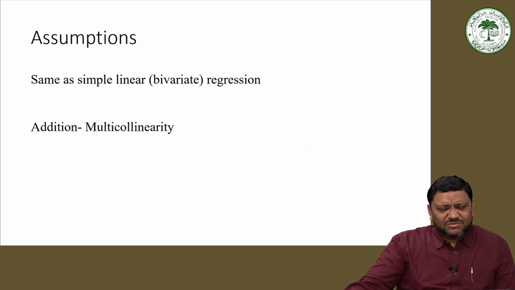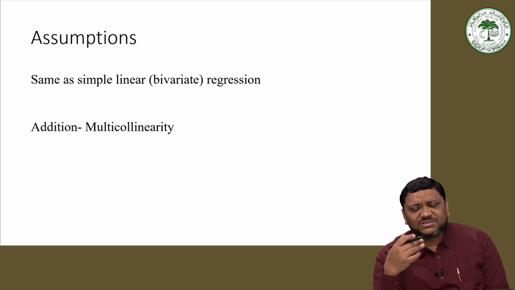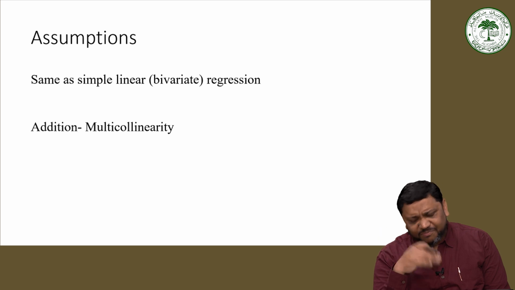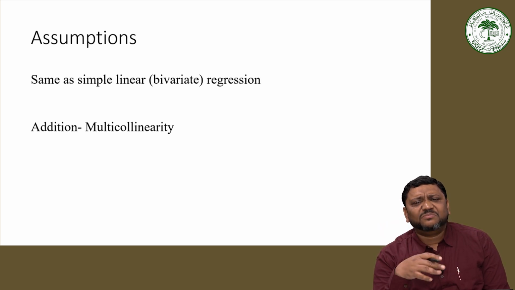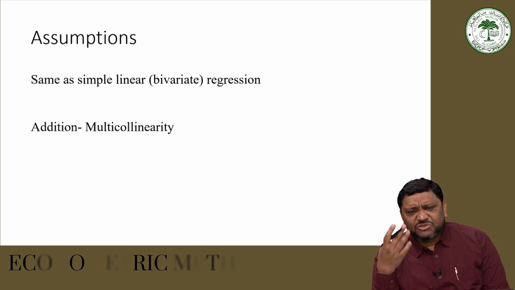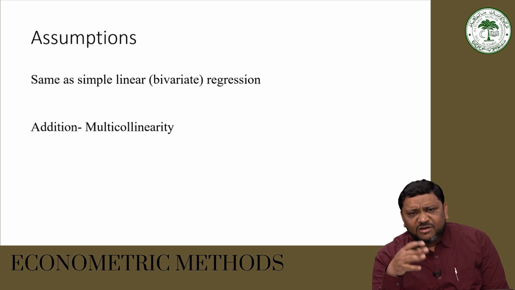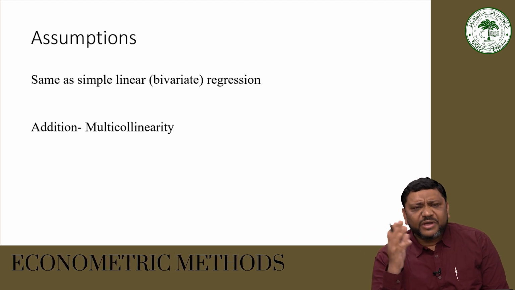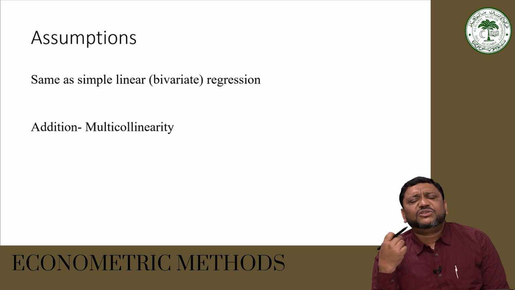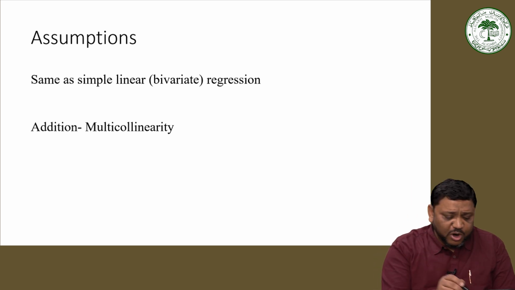Here the assumptions are almost the same as the ones we had when we discussed our classical linear regression model in the bivariate case: the error term is random, the error term has zero mean, the error term is the same for all values of x, the error is normally distributed, the errors are not correlated, the errors are independent of the explanatory variable, there are no errors in measurement, there is correct aggregation of the variables, the relationship is identified, the model is specified, and along with it, there is another important